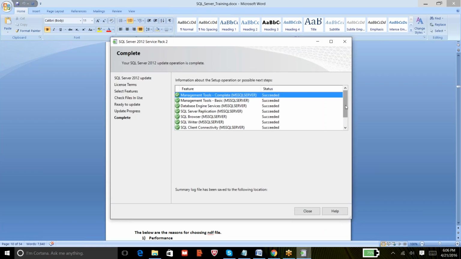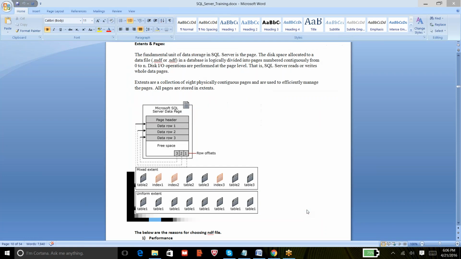Yeah, and in the meantime we are done with the service pack upgrade here. So just ensure everything has succeeded, and you can close this, and now you can go back and open Management Studio.